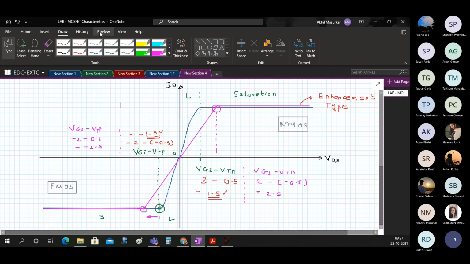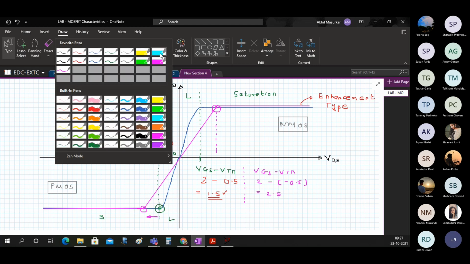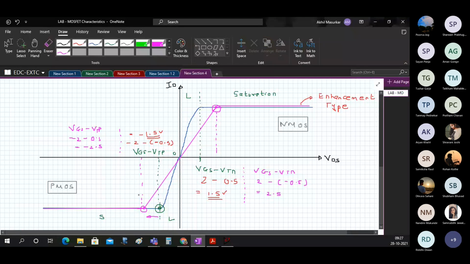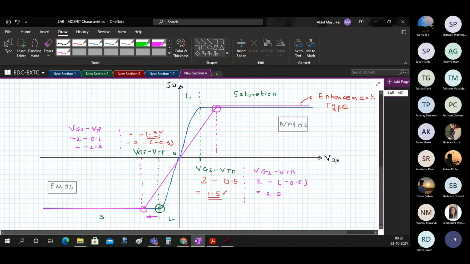So what actually happened, you need to note that. The linear region became bigger and the saturation became smaller in the case of depletion type, and in the case of enhancement type, the linear region is smaller and the saturation region is bigger in size.